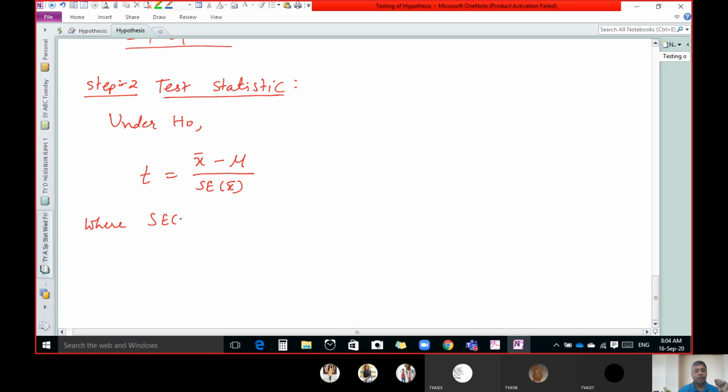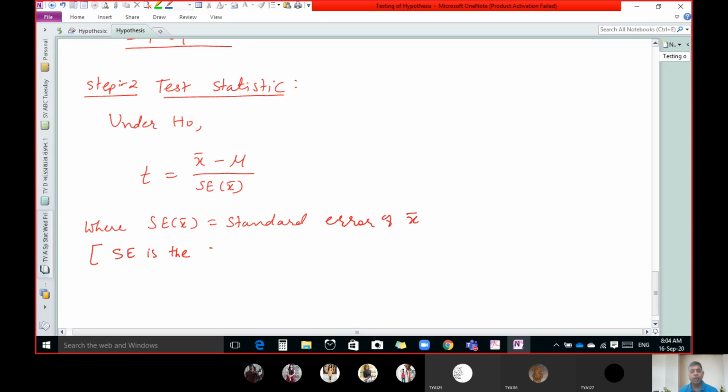where this is the symbol for standard error. So standard error of x bar. Now there is a formula, but first of all, let us discuss what standard error is. So standard error is the standard deviation